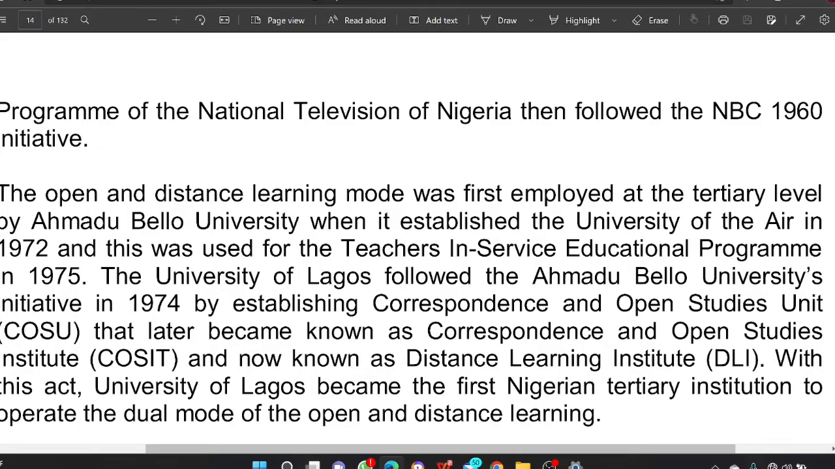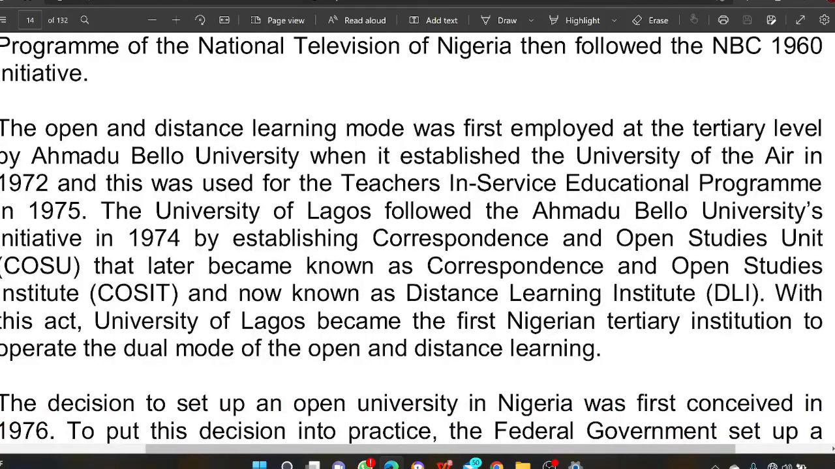The University of Lagos followed the Ahmadu Bello University initiative in 1974 by establishing the Correspondence and Open Studies Unit (COSU), later known as the Correspondence and Open Studies Institute. From COSU it became COSIT and is now known as the Distance Learning Institute, which is DLI. With this act, University of Lagos became the first Nigerian tertiary institution to operate the dual mode of open